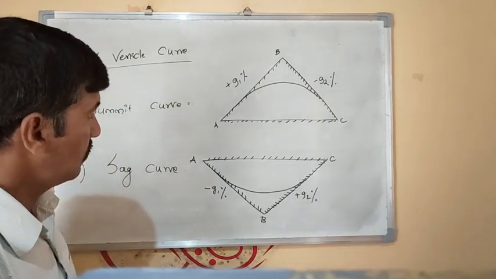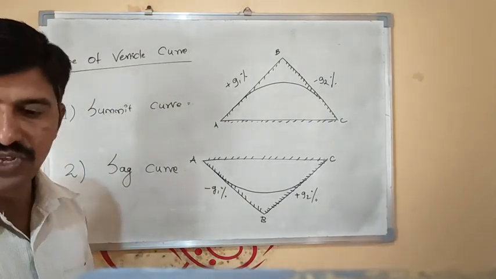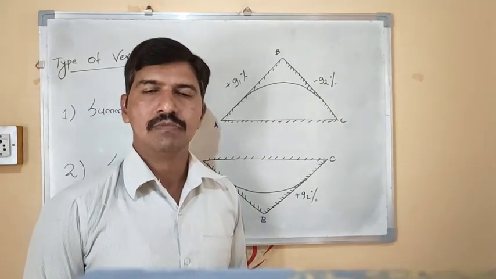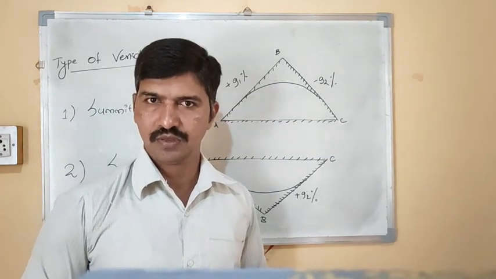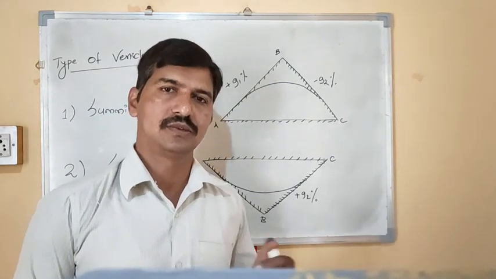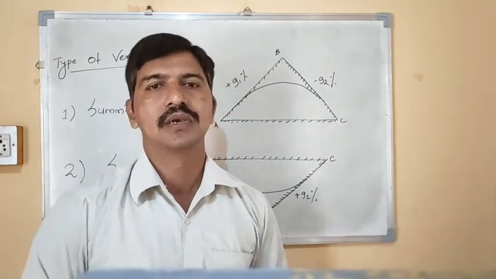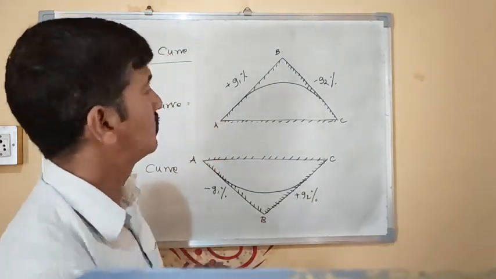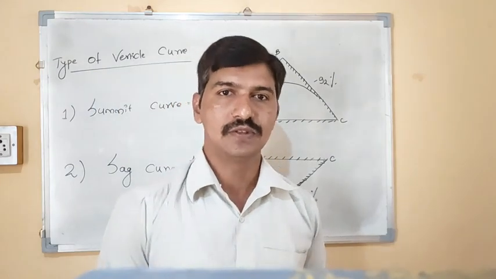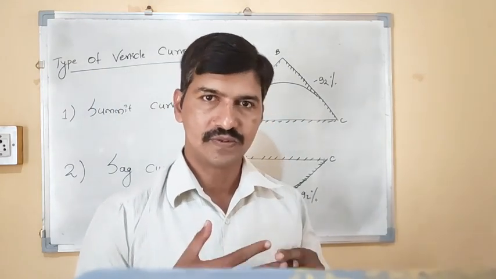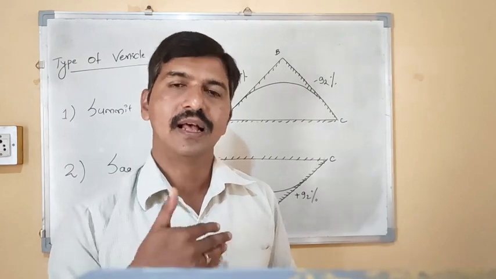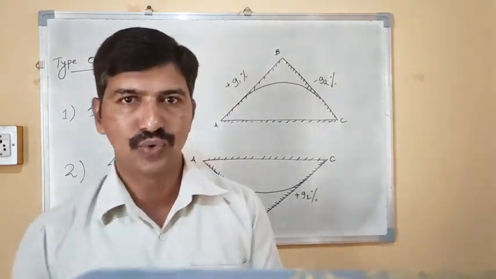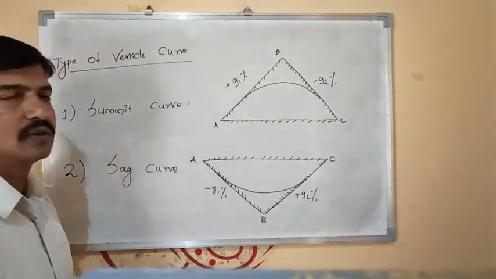Second year, with this video we have come to the end of this unit number 4, curves. To conclude, we will go through what we have seen in curves. There are two types of curves we have seen. One is the horizontal curve. We have seen the types of horizontal curve, as well as the 3 methods to set the horizontal curve. And today we have understood what exactly the vertical curve is.